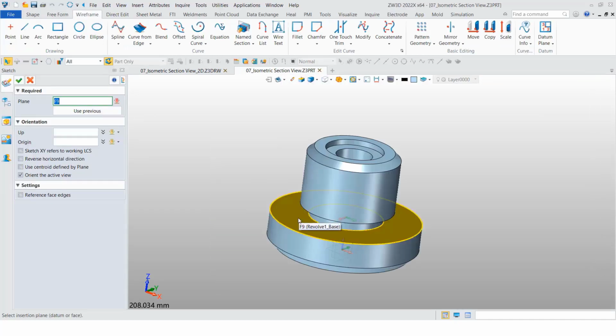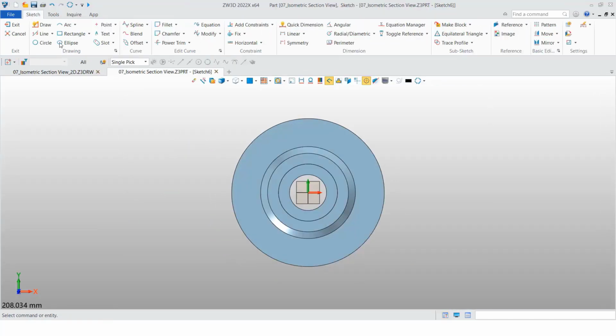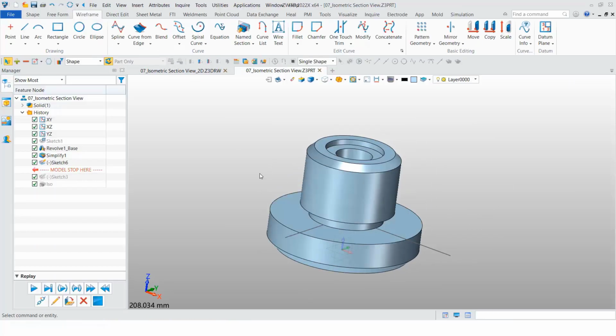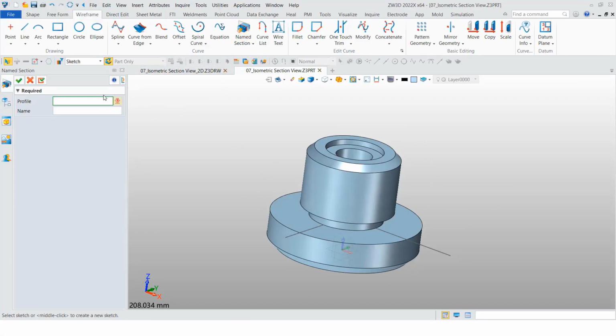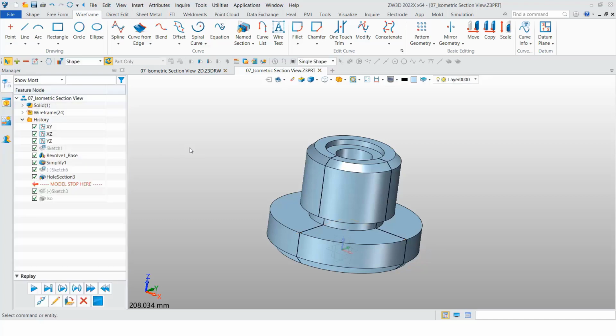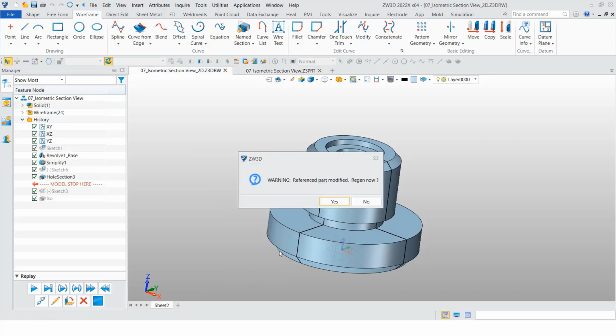Open sketch and check this one, y-axis, and then draw from here to here. Okay, and after that we create name section, host section 3. Okay, and go to the 2D sheet,